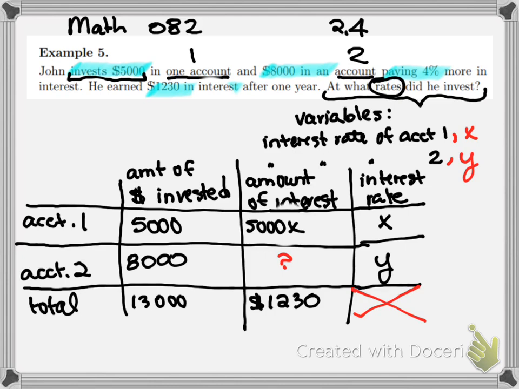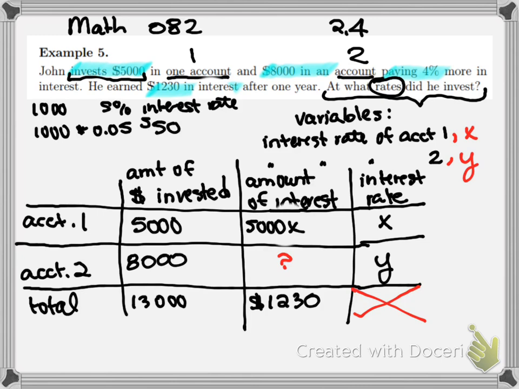And if that seems a little bit strange to you, let's just think about it. If I invest $1,000 at a 5% interest rate, totally making this up here, the amount of interest that I would have, the extra amount of money, would just be $1,000 times 0.05 or times 5%, okay? So I would have an extra $50. That's how you calculate interest. In this case, it's simple interest. It's not compound interest. So if you've ever worked with those kinds of formulas before, this is just simple interest,